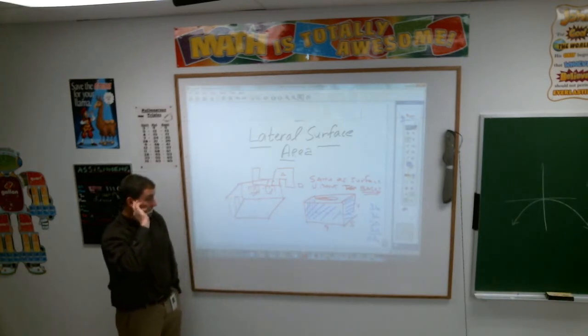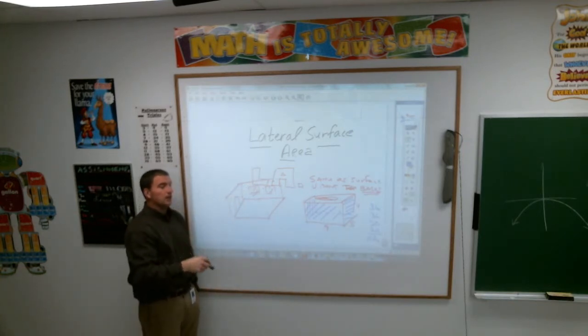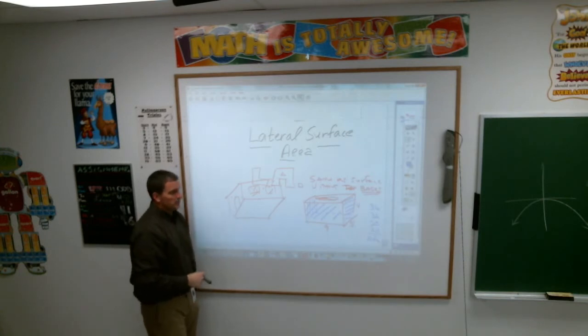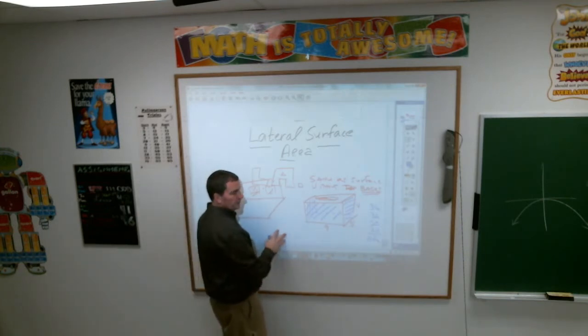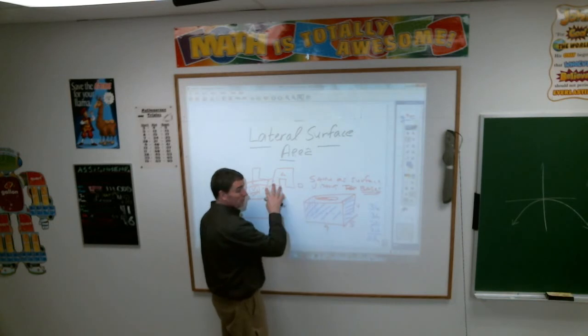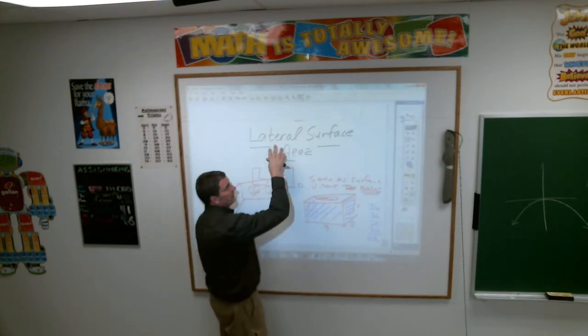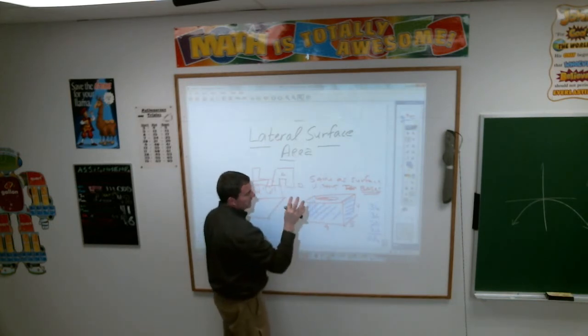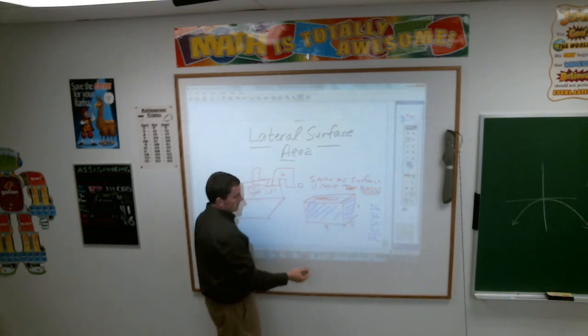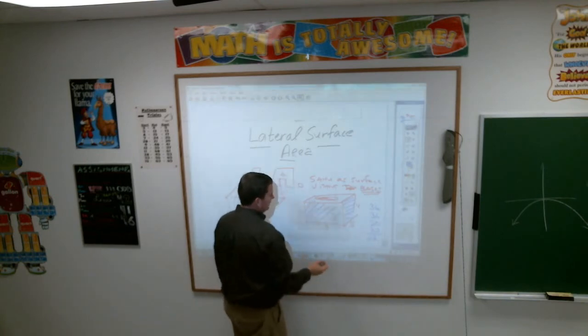Lateral surface area is just the area of the sides. Okay. Total surface area, if they just ask you for surface area, they mean total, which would mean you have to add this. But if they ask you just for lateral surface area, that means just the sides. Isn't that probably the most exciting thing